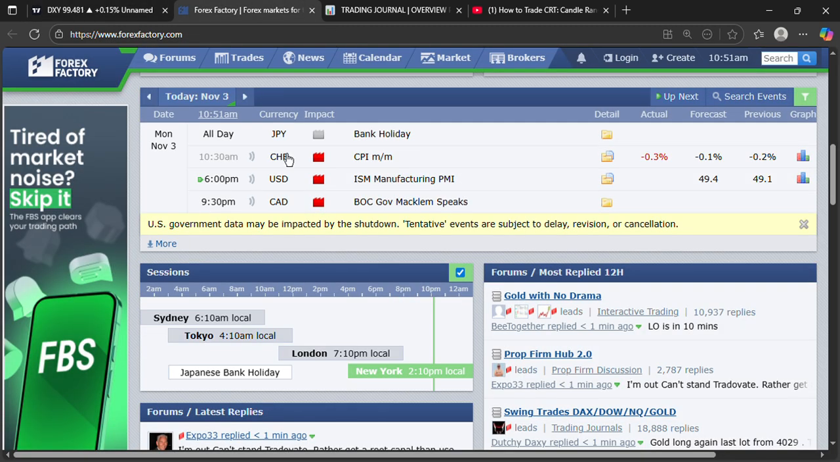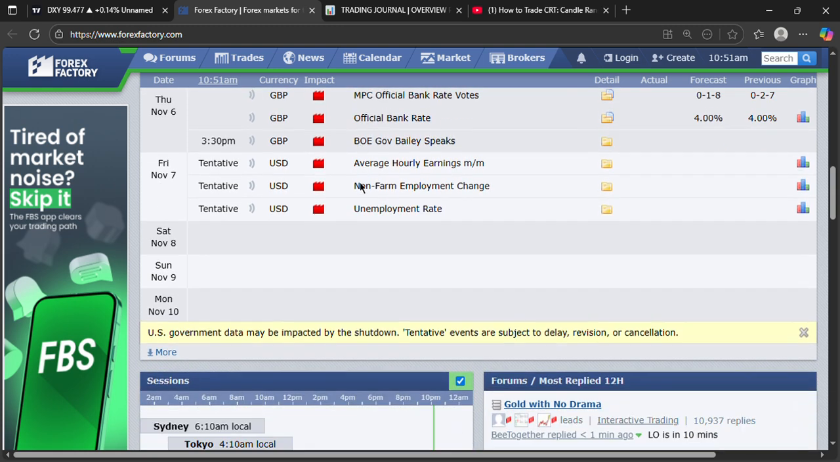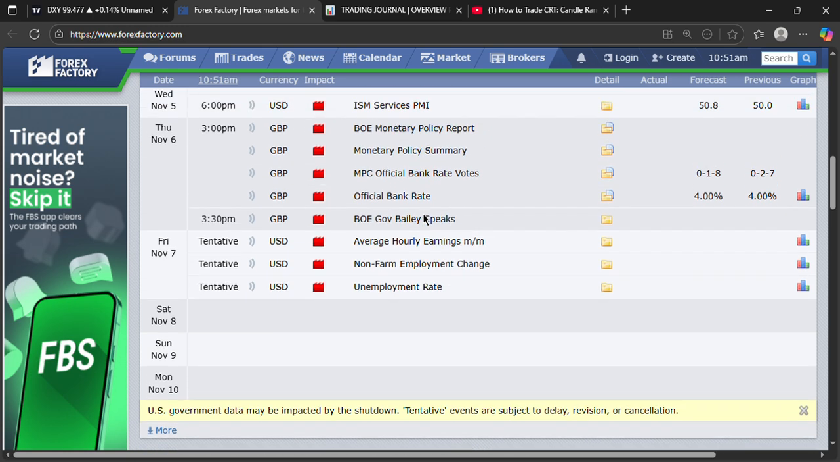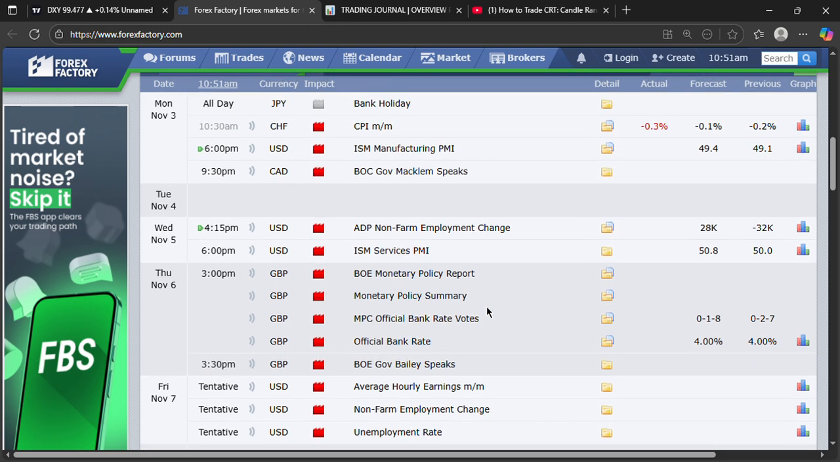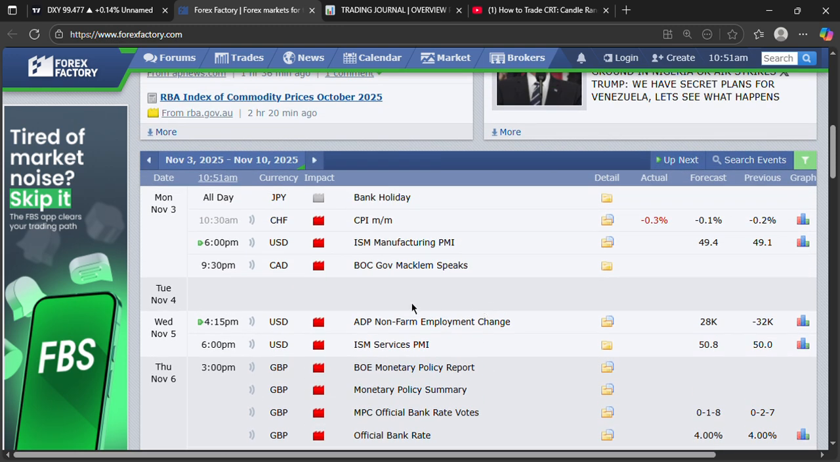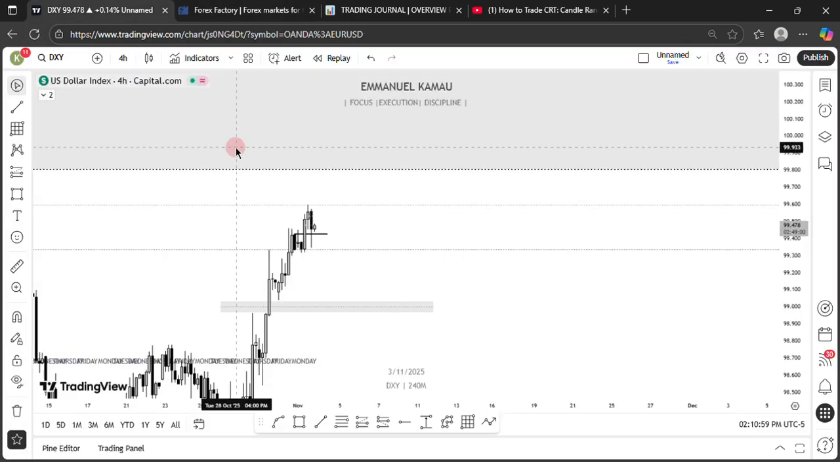When we come to Forex Factory, you can see there is a government shutdown which is ongoing, and nothing much on the news. US data are tentative because of the shutdown. So we will not receive NFP this Friday because of the government shutdown. So fundamentally there is nothing much that is controlling the market. So yeah, that is what I have planned